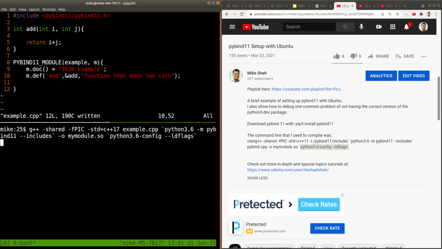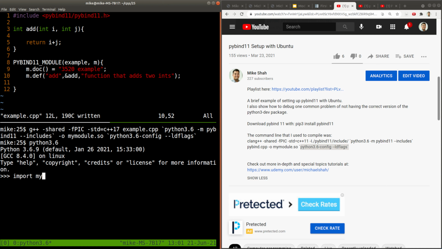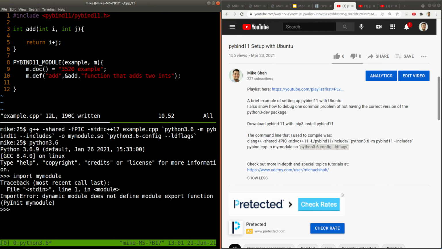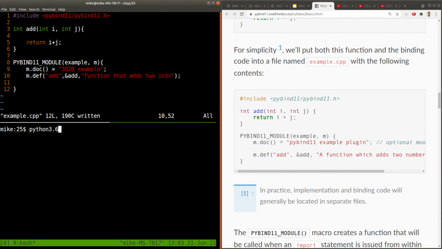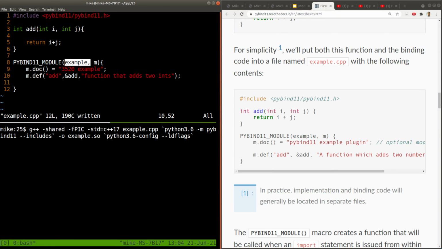So that's been created. I'll just go ahead and create it one more time. Now let's try python3.6, which I have running. Now let's try importing my module here. Let me just be a little bit careful and a little bit more consistent with how I am defining this here. Oops, let me go ahead and quit out of here. And I'm just going to call this example.so, just so that it matches what I have here in my file. And let's see what happens here.